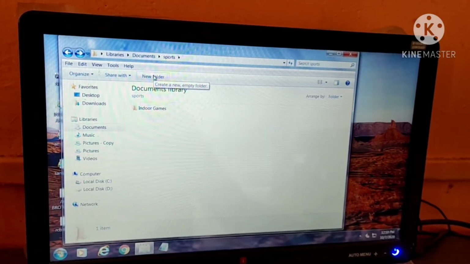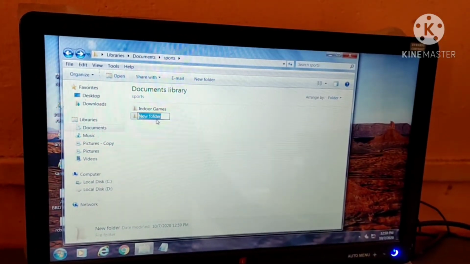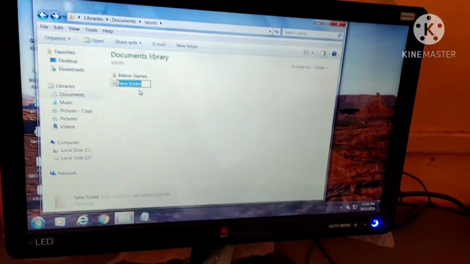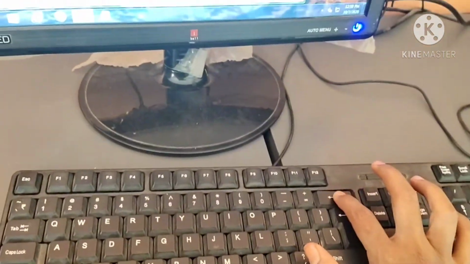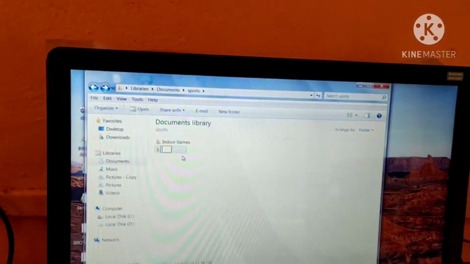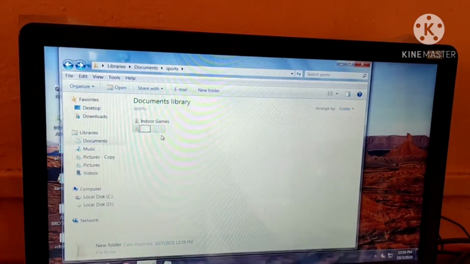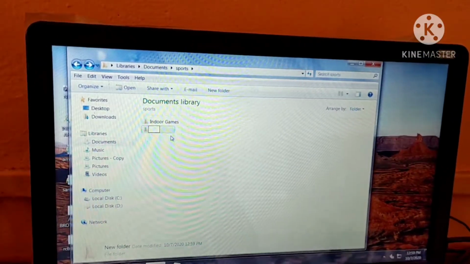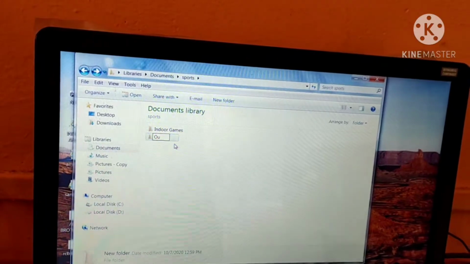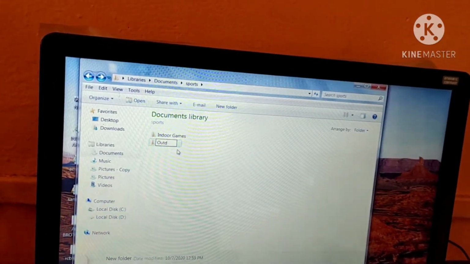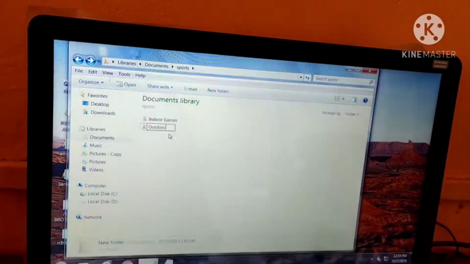Now one more new folder we will create by clicking on new folder. Again the same, press the backspace key and you can start typing outdoor games. Now this is the second subfolder in the sports folder.